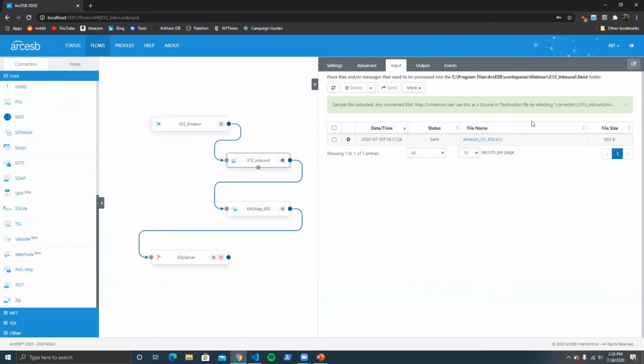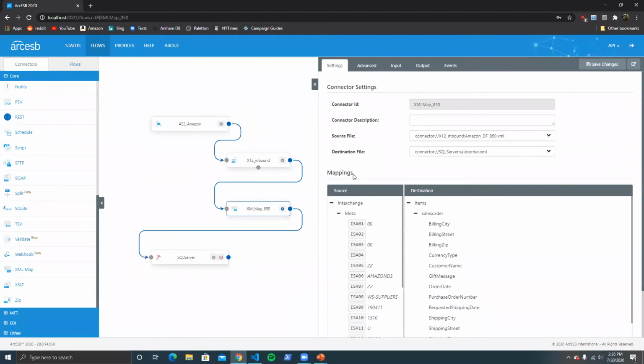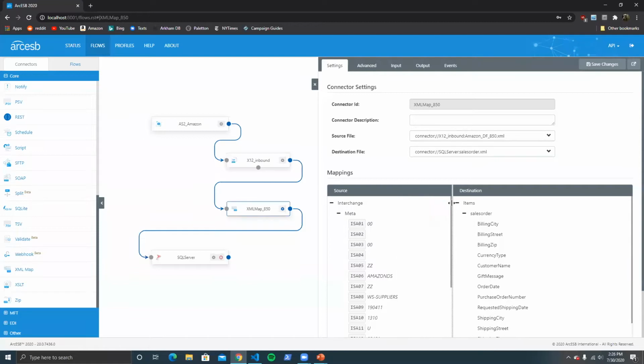And once I've uploaded, that template is all ready to go. And so if I hop back into the XML Map connector, you'll see this populated the source file with that template. It's now detecting from the X12 connector. And you probably couldn't miss that the visual designer here is now populated with the tree structure for both my source and destination. So I'm going to save those templates here, and I'm going to start talking about this mapping